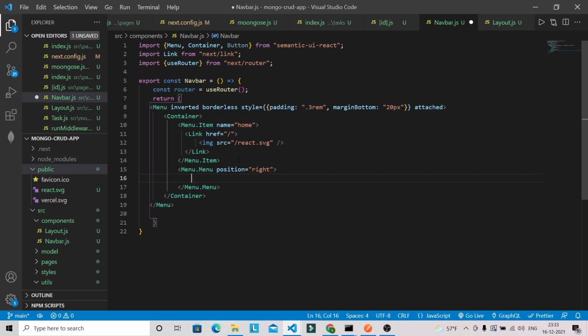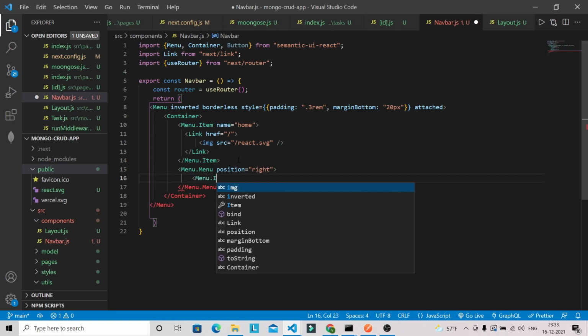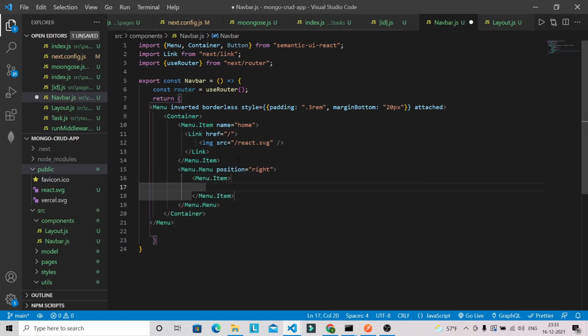Then again we are going to have Menu.Item, and inside this we are going to have a Button, which will have the value New Task, and we can give here size mini, and it will be primary.